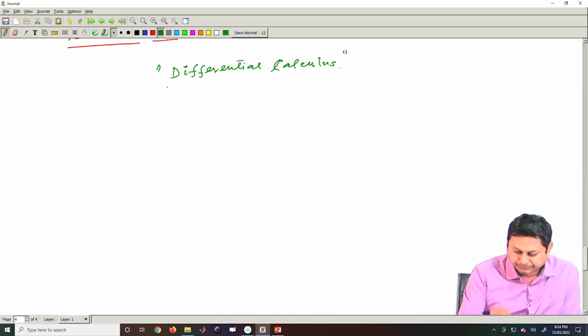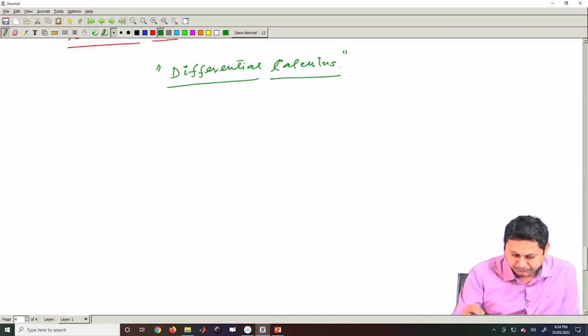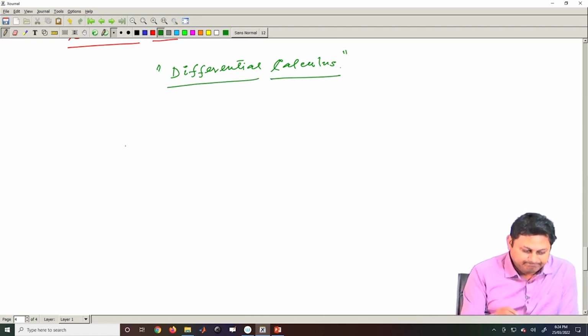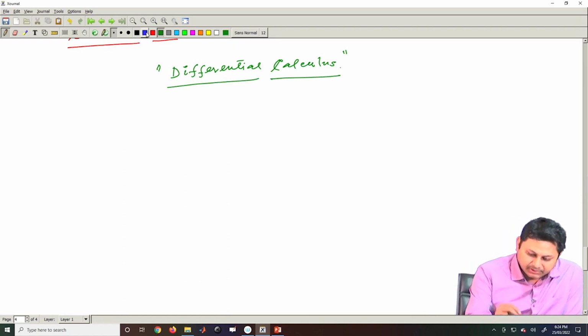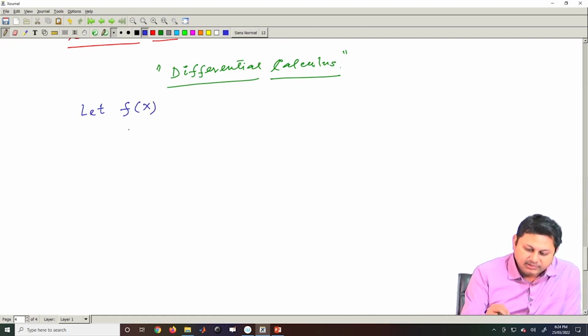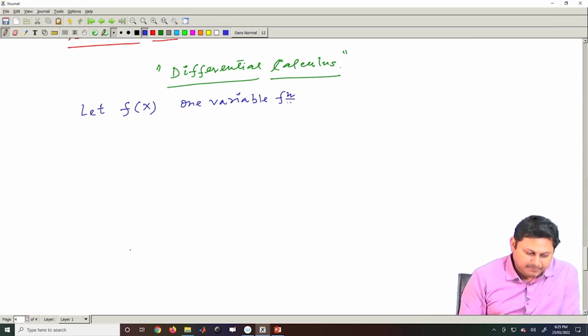So, we know that if f(x) is a function, and this is a one variable function, right. Now, if I want to find out what is the